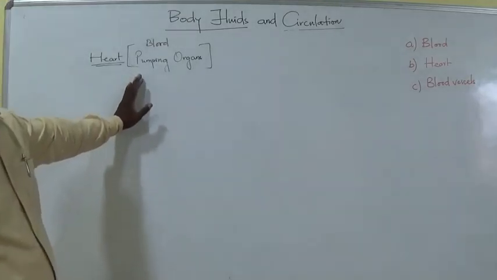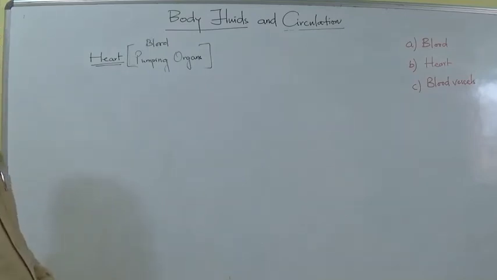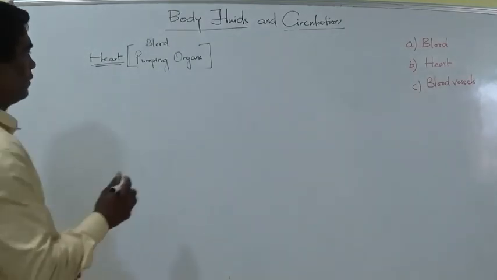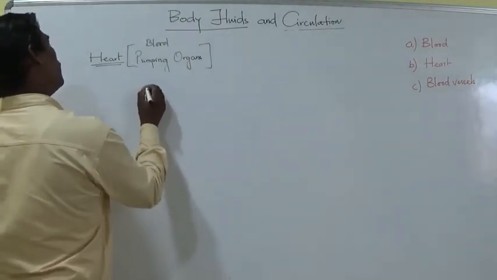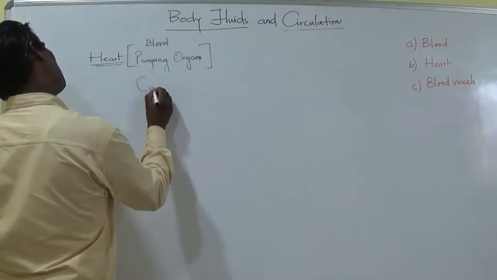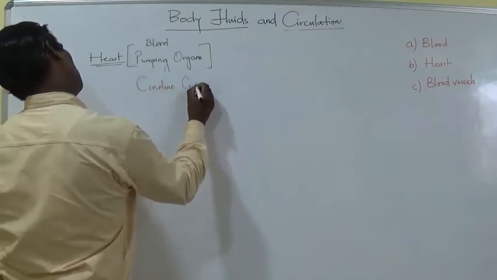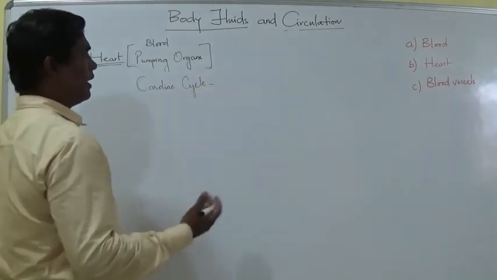So during this process of circulation of the blood, certain sounds are usually formed. Clear? We will discuss that in the cardiac cycle. So in the cardiac cycle, we have two